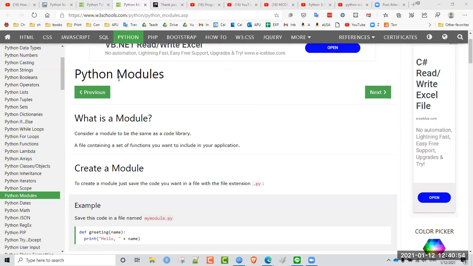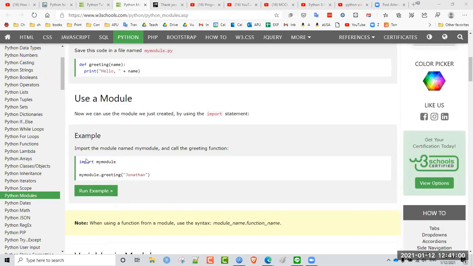So let's talk about Python modules. We've been using modules. We've used this import statement before. We import a module, and I think we've done this many times already. And a module is basically just a collection of functions or classes, or anyway, it's a collection of code that